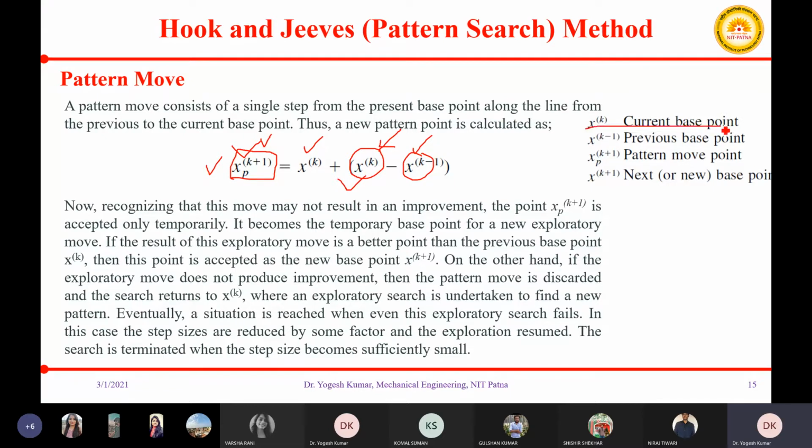So this will be your current base point, and x_{k-1} is the previous base point. For the first step, this will be your starting point. Then x_{k+1}^p will be your pattern move point. And similarly, you will assign the value x_{k+1}, which will be your new base point; we will discuss how we assign this new base point.